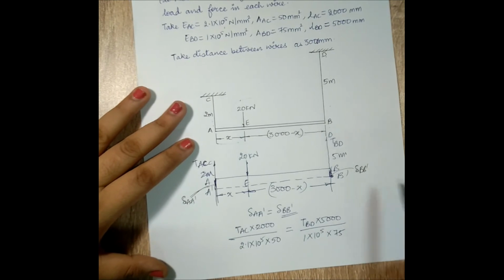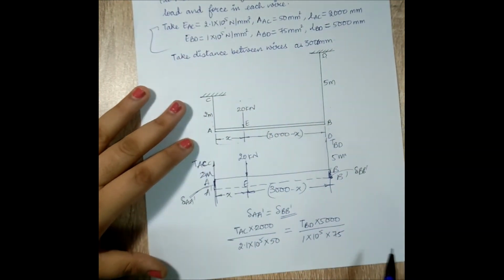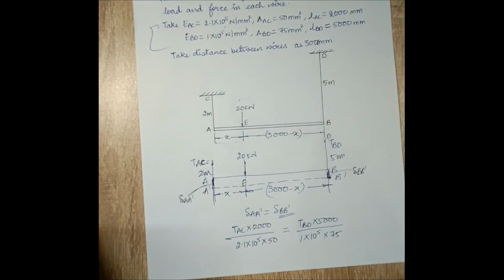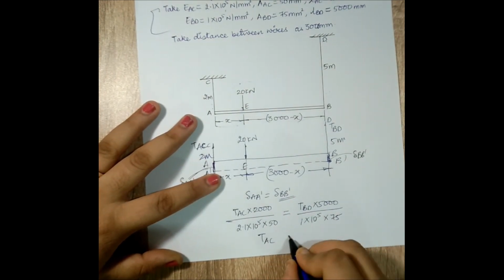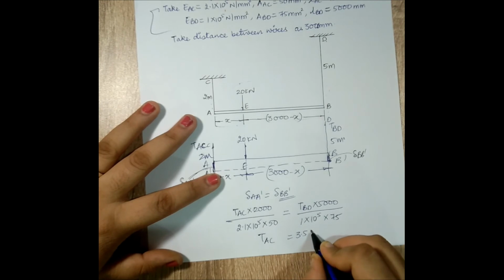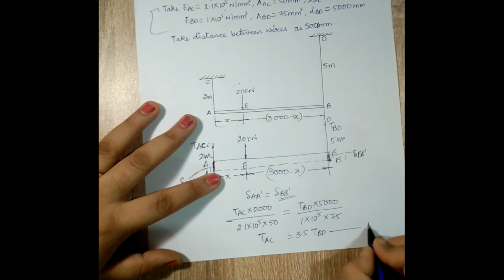So all the data that I need is given over here. So I can just take the data from here and solve. So here when I resolve this, I'll get TAC is equal to 3.5 into TBD. This is my